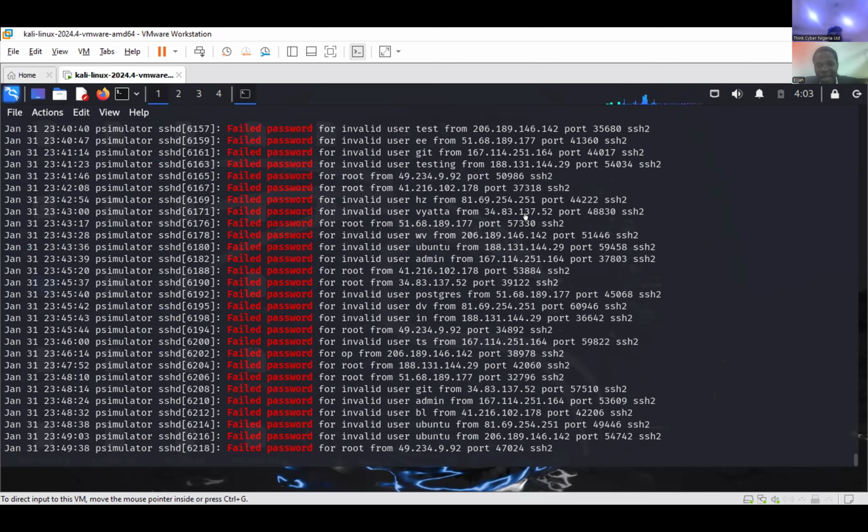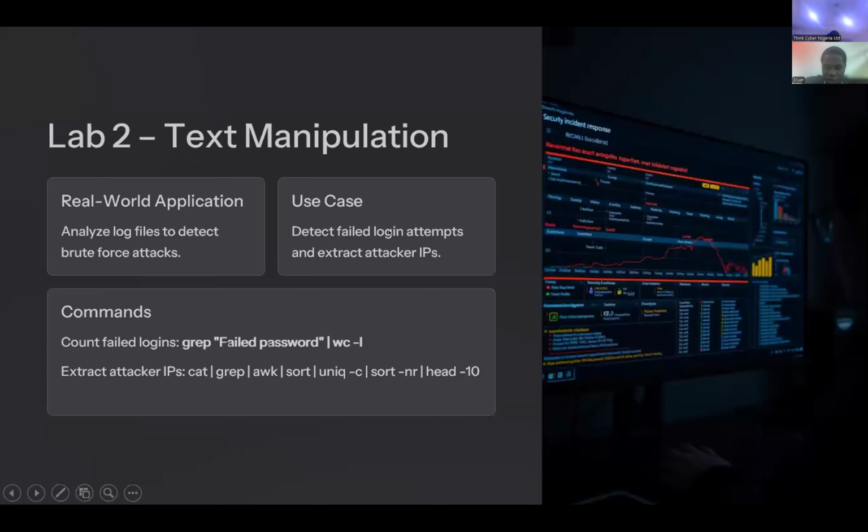I've used text manipulation now to get all the failed passwords from this particular log file. This gives me an idea of where to look to scale through all the IP addresses and see which one does not align with what I have on my system. Then I will know it's from an external source. Without text manipulation, I can't find out which user login attempt gave a failed password return. This is what text manipulation helped me do. I'll move on to the next one straight away.